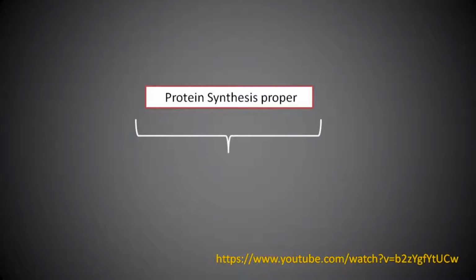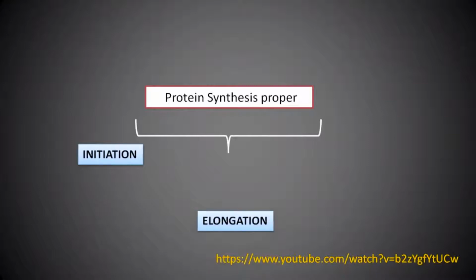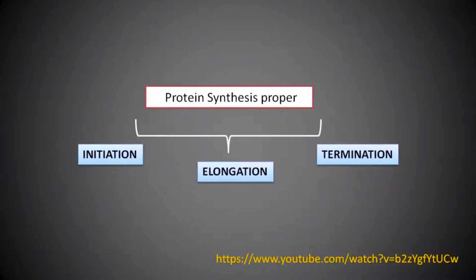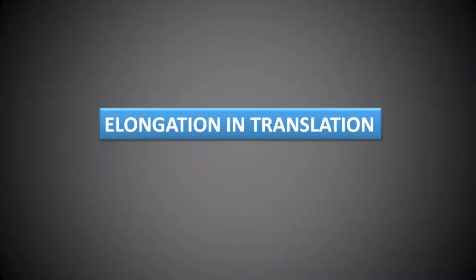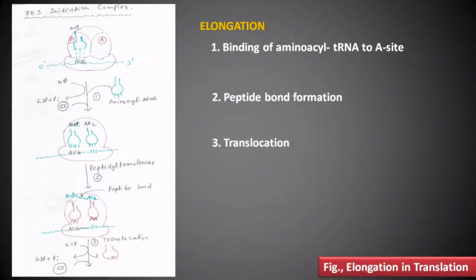I already discussed that in protein synthesis, three steps are there: initiation, elongation, and termination. Today I am going to discuss elongation and termination. So how does elongation in translation take place? After the formation of the 70S initiation complex, which was discussed in the initiation steps, the elongation takes place. In elongation, there are three steps: binding of amino acid tRNA, peptide